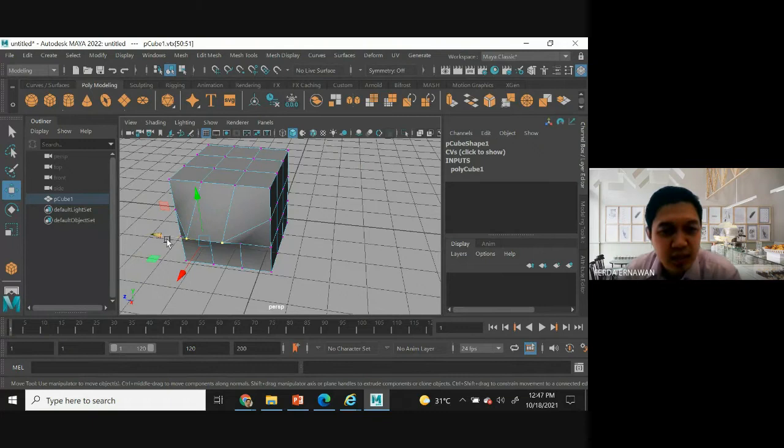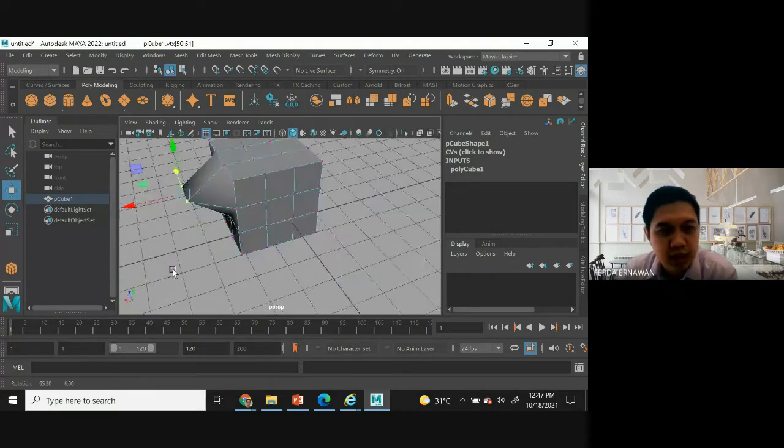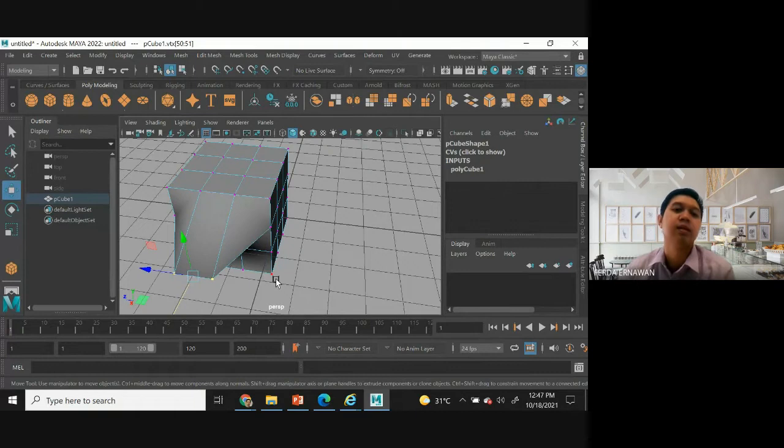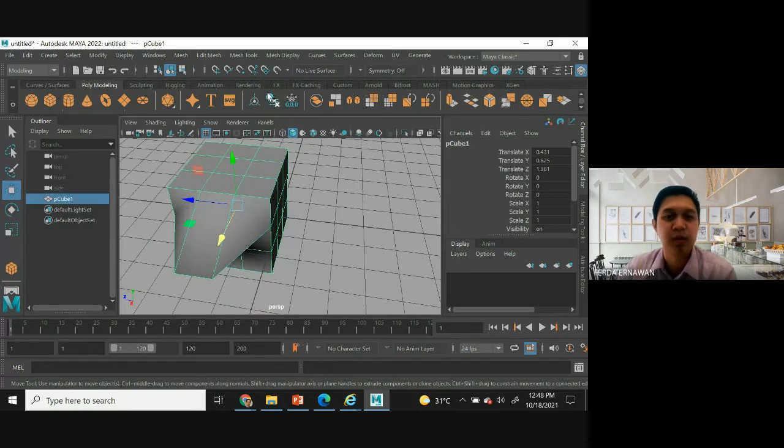So you can see there are two yellow here. Then you can move. You can use a move tool here, whether you want to go left or not. This is X here. You want to increase, or you want to decrease this one like this. So example like this. So this is the vertex. So in order to return back again, object mode.